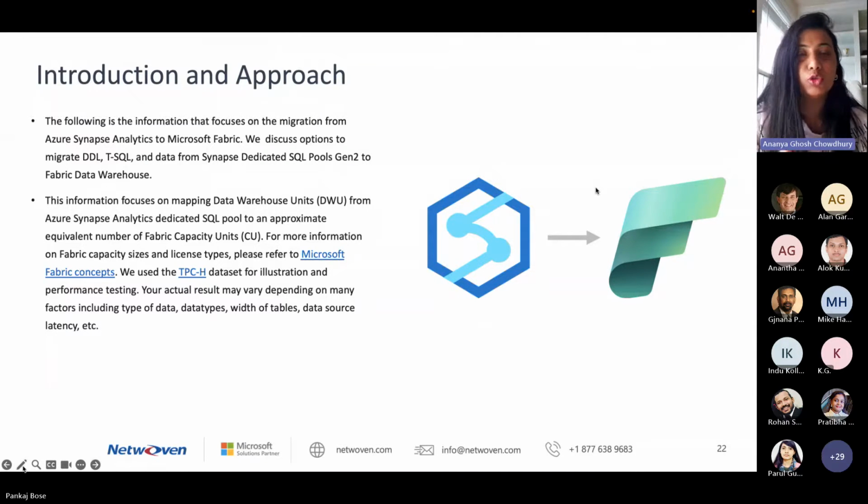But it's not a one-to-one mapping, and it's not a simple resource mapping. There are so many things to take into consideration, like CPU, memory, input, output between Synapse dedicated SQL pool and also Fabric. So it's not an accurate one-on-one comparison, because there are many differences between the two products. The major differences are the query optimizer, data storage, workload management, burstable capacity,